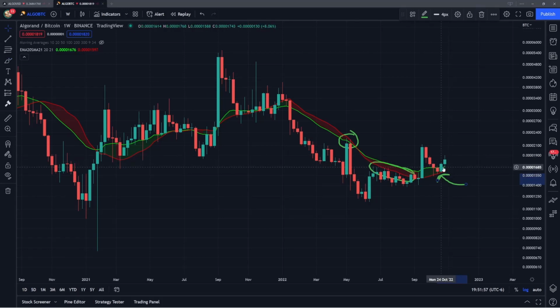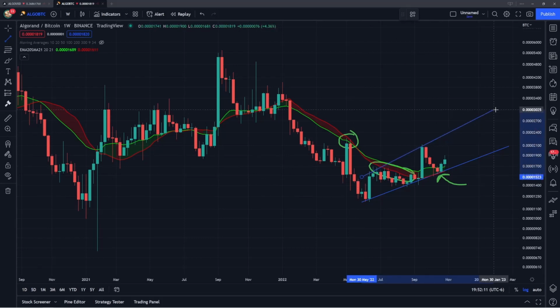And moving forward, I really would like to see Algo Bitcoin reclaim and get back above this high from September. Now what that would do is it would give the structure of an uptrend where we've already started to form these higher lows, but getting back above that level would also signify the uptrend with higher highs. So getting up to that level and then forming a higher high would be an extremely bullish pattern with these 20 and 21 weekly averages as our support on any move or correction back down to form some future higher low. So that is what I will be watching out for on the Algo Bitcoin ratio.